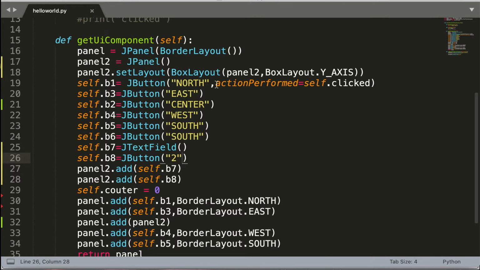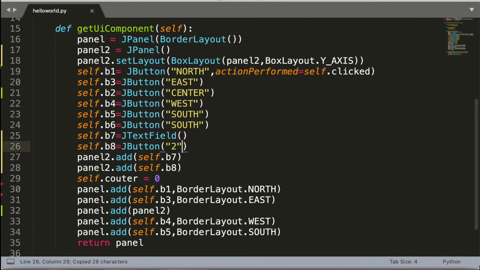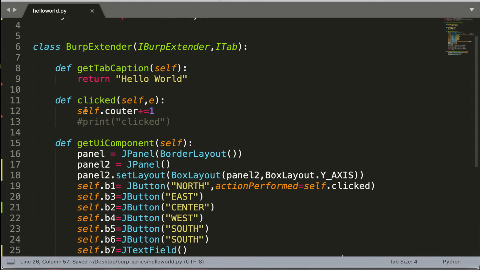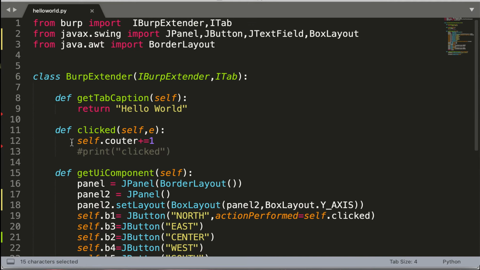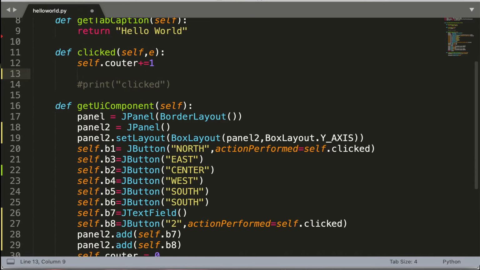So as we have already done self.clicked, I'll be using this panel only, and I'll be moving to here. So I have already created a counter, that is self.counter 0, and I am increasing this in the click function, and I'll be doing like this only.